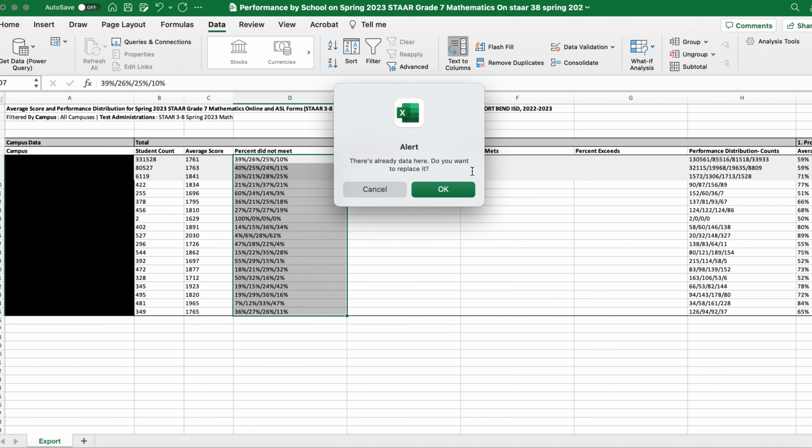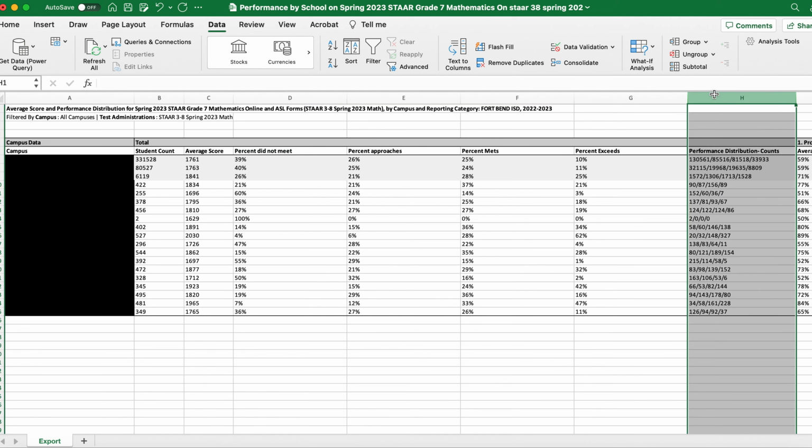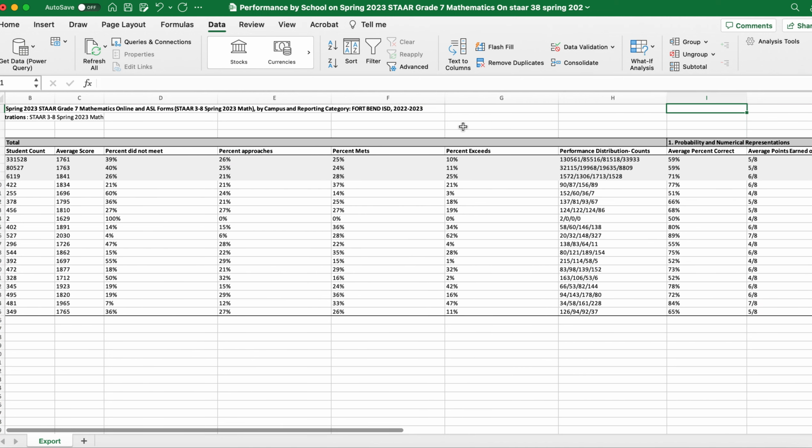You're going to see this alert. Nobody can explain why that shows up. You can ignore that alert. Just click OK. And lo and behold, without having to create the columns and then manually type in those numbers, there they are. And I thought, that's just the coolest thing. So let me show you one more time, because I've got another set of columns here, column H, that has